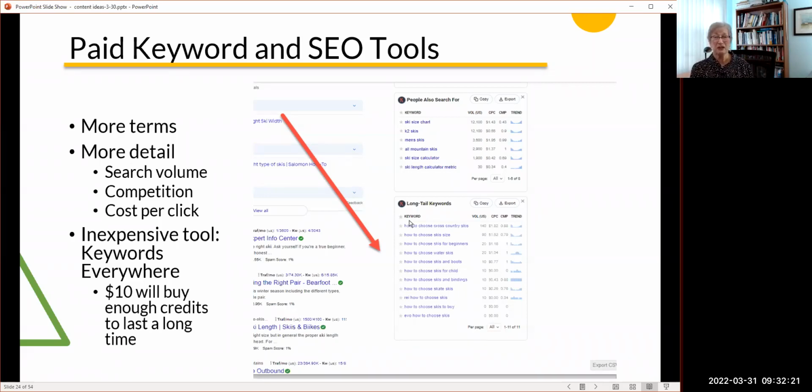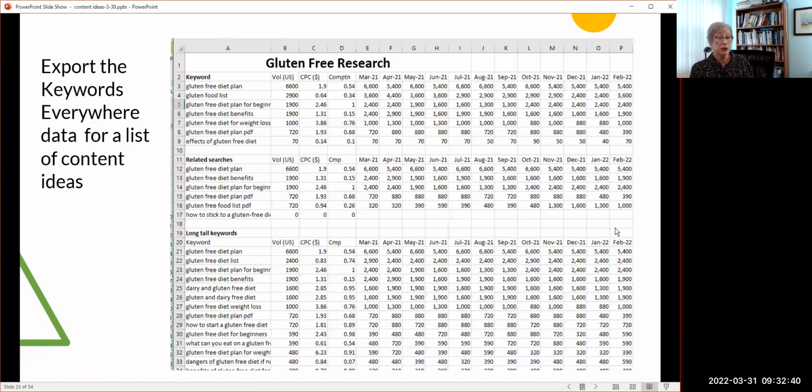Other SEO tools can cost up to $100 a month. This costs $10, you buy credits to use it. For $10, you can get enough credits that you can run searches for months, I found anyway. And it's a really useful tool. Again, you can export this into a spreadsheet, so that you have all the data.